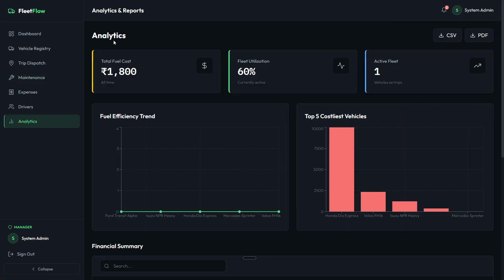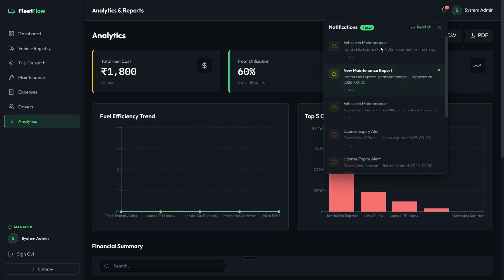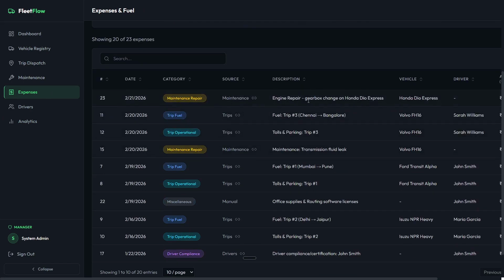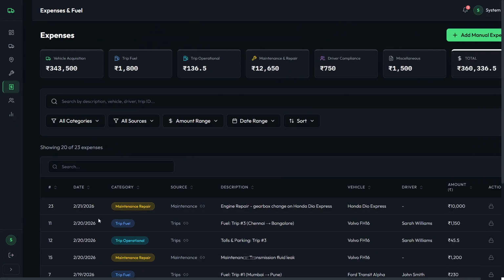So here you can see the notification that the vehicle is in maintenance right now. You can see the maintenance log of the engine repair, gearbox change on Honda Dio Express. And if you want to see the other thing, in the expense part, what we can do is add a manual